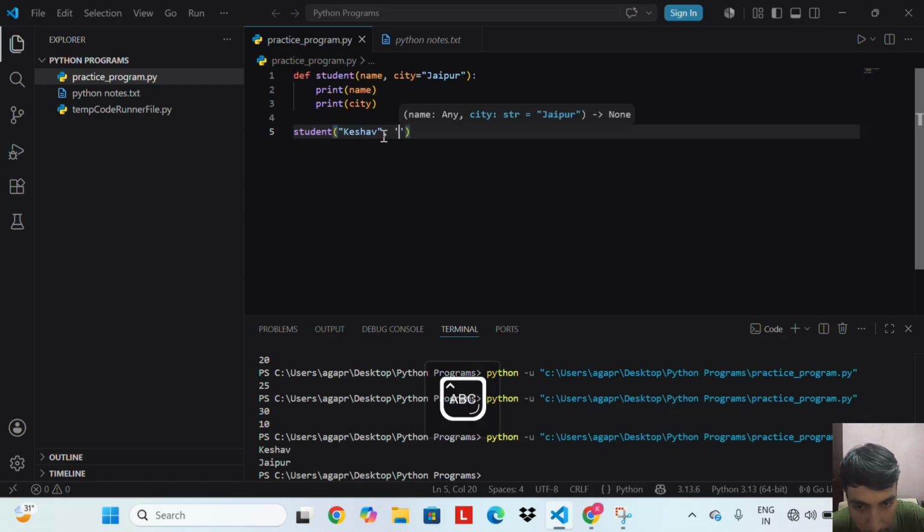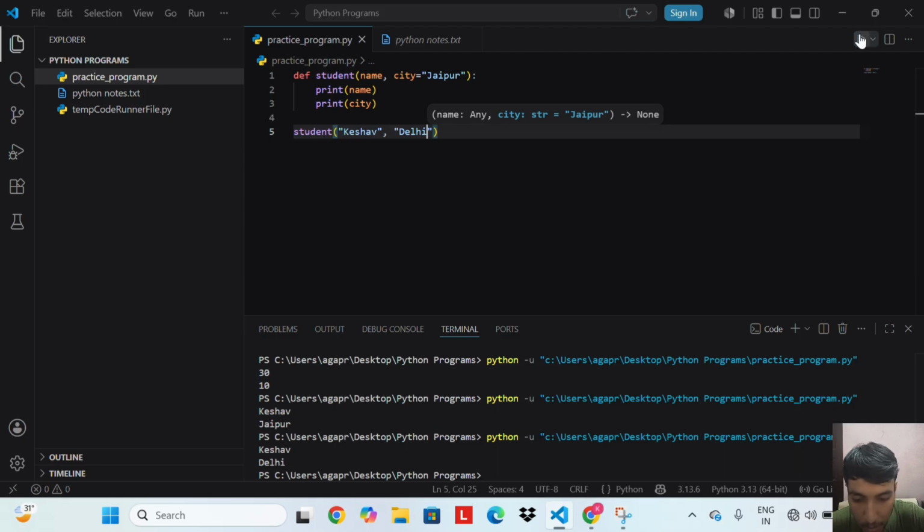student("Keshav", "Delhi"). Let's run this code. We get Keshav and Delhi. The provided value Delhi overrides the default. Default arguments are great for optional parameters.